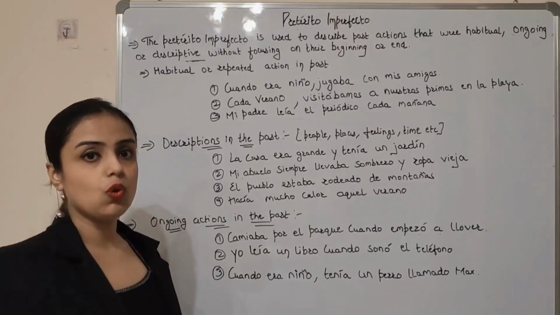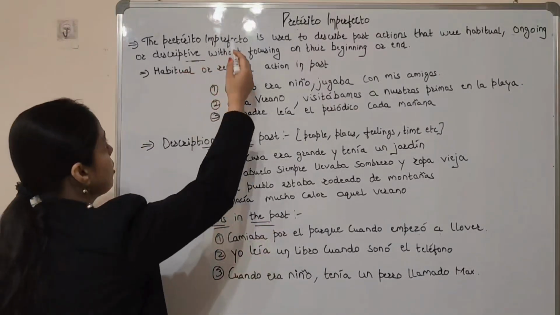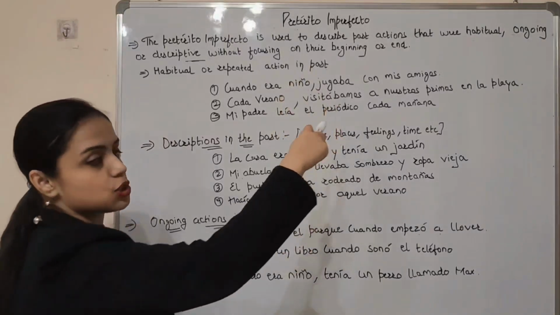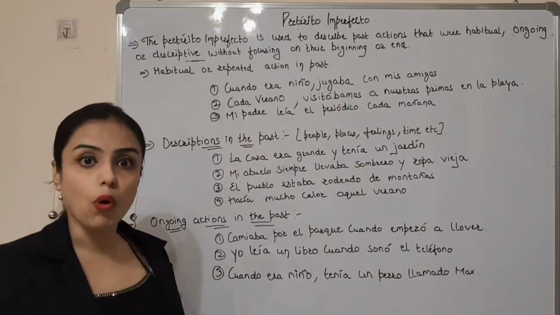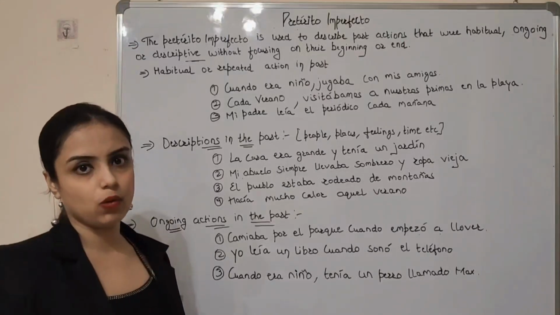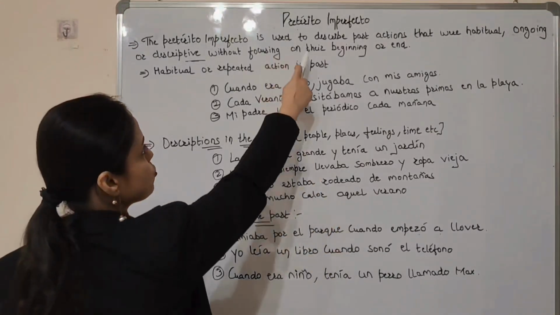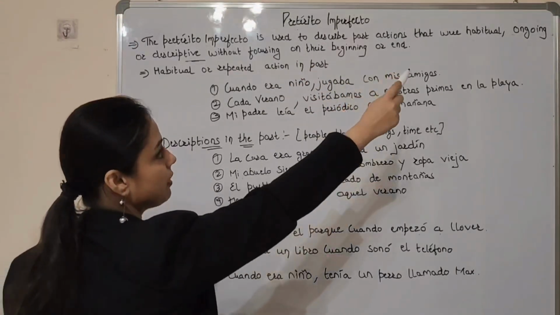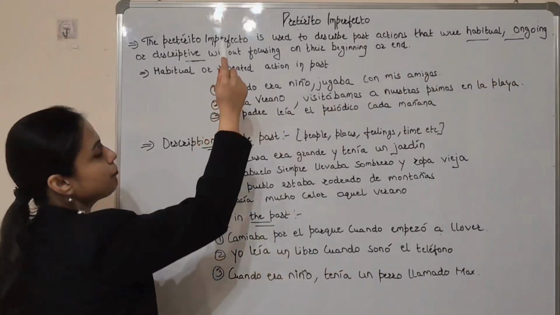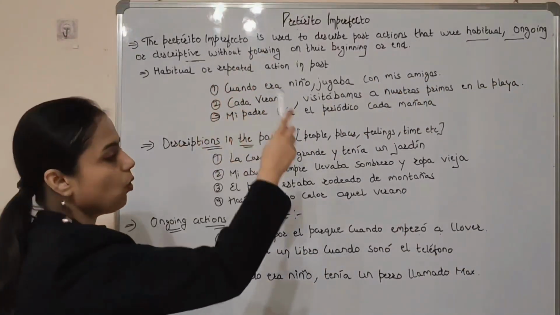So, the Preterito Imperfecto. The Preterito Imperfecto is used to describe past actions that were habitual, ongoing or descriptive without focusing at their beginning or end. Vale, so it is used to describe past actions that were habitual, ongoing and descriptive without focusing on their beginning